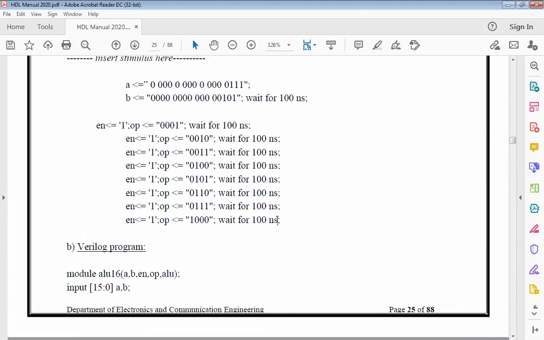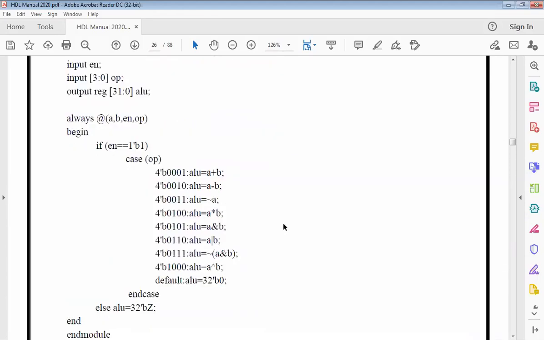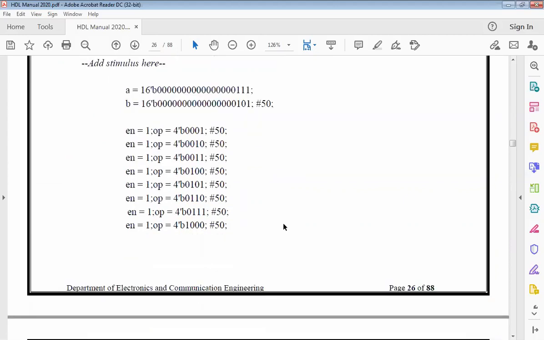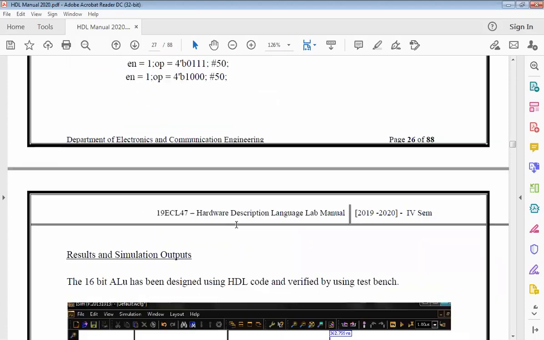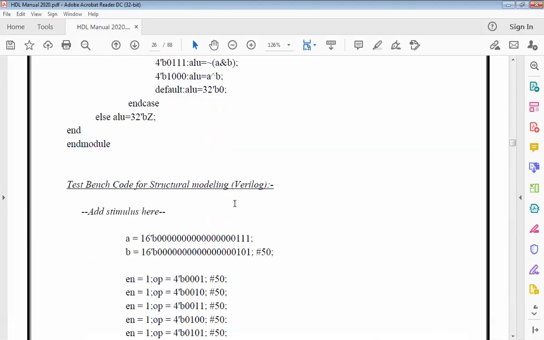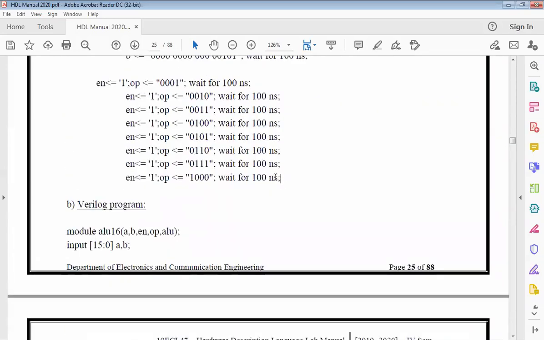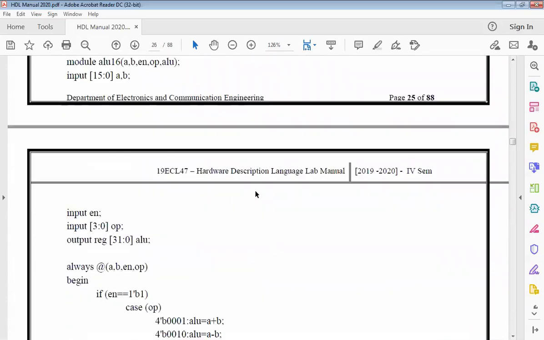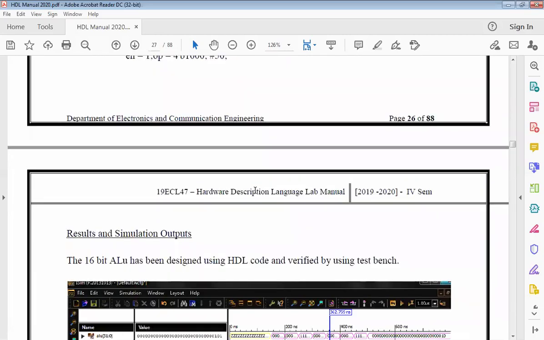You have to say what 100. If I just say 100, it's going to throw up an error. It's going to say what format. So people didn't want all this, so they immediately came up with another type of coding which makes their life simpler. So all these operations keep happening after 50 nanoseconds, as we had given nanoseconds as the unit of time.